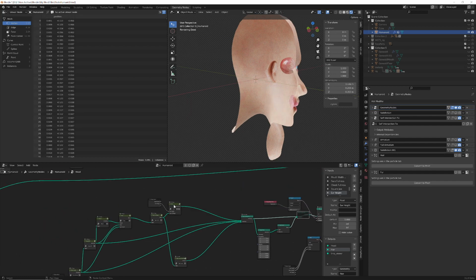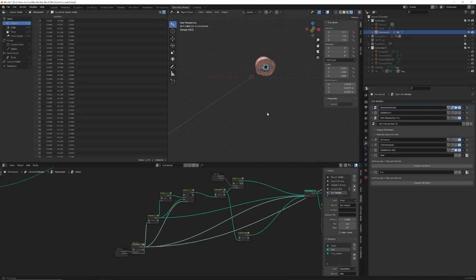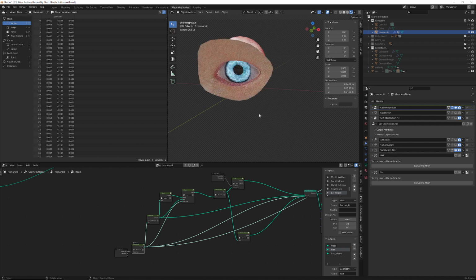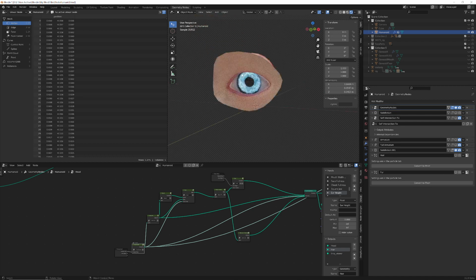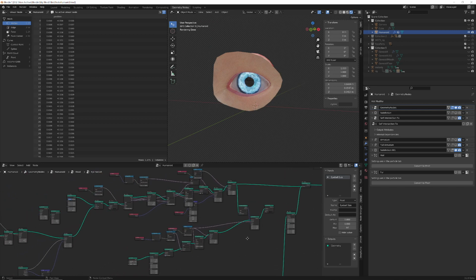Let's see. I think I should be able to just show you one piece at a time. Like there is the eye framing, and I'll take you inside because people are like, "Oh, you just used the model." No, no, this is